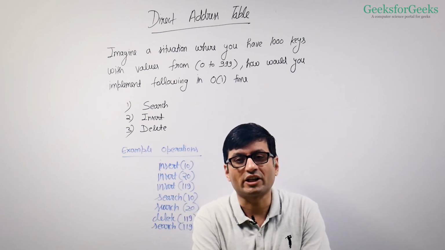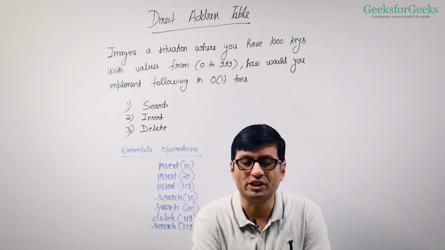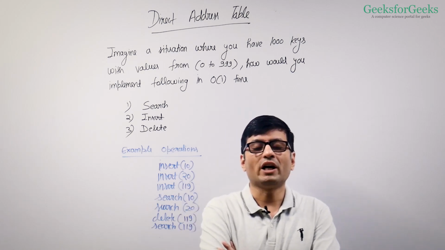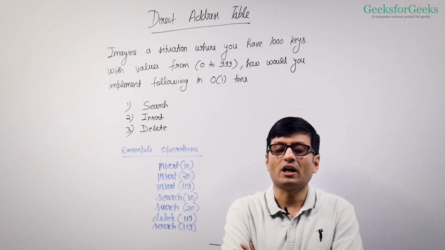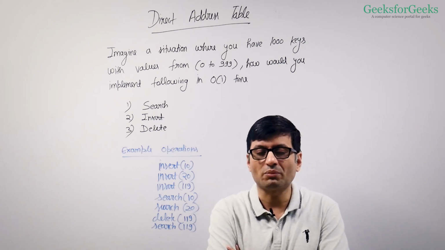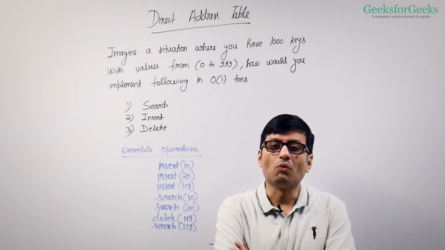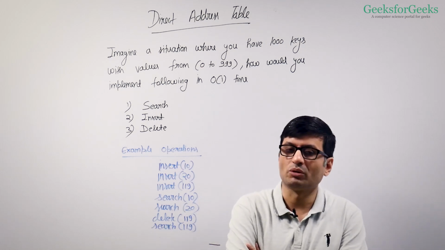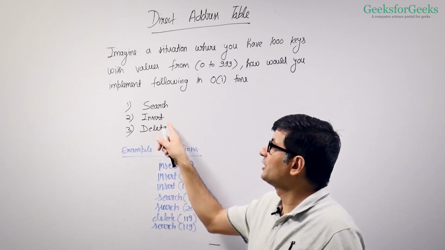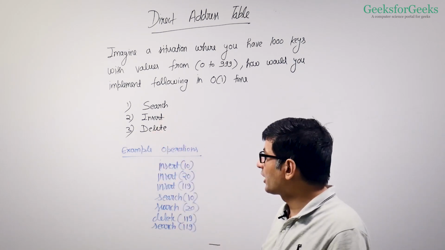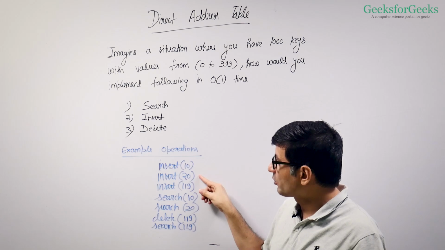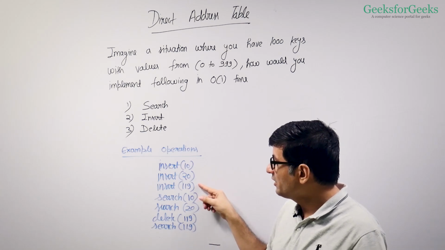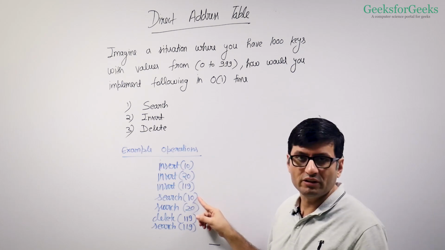To understand direct address table, let us consider this problem. We have 1000 keys and values of these keys are from range 0 to 999. We want to efficiently perform these operations: search, insert and delete. So here are some example operations. If I insert 10, then I insert 20, then I insert 119, and if I say search 10, my output